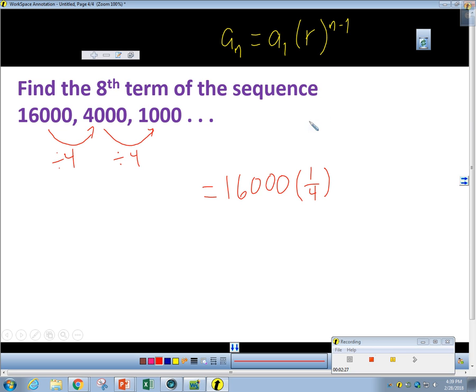Then our exponent is n minus 1. n is the number of the term we're looking for, in this case 8. So I'm going to do 8 minus 1. I'm going to type this whole thing in my calculator. And when I do that, I'm going to get a decimal. You often get decimals when you're doing geometric sequences that are going down, that are dividing, because the numbers start to get small in a hurry. So this particular one should give you